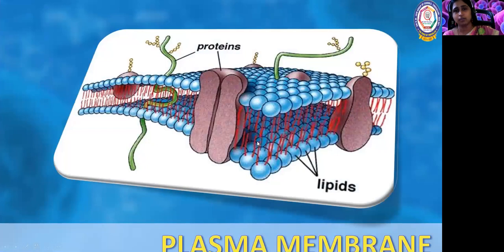First, let us talk about the plasma membrane. If you see the structure of the plasma membrane, it is not a simple one layer. It is a bilipid layer, made up of two. So you can see here lipid and protein. Let me highlight that. So protein and then the lipid. This lipid is a bilipid layer.